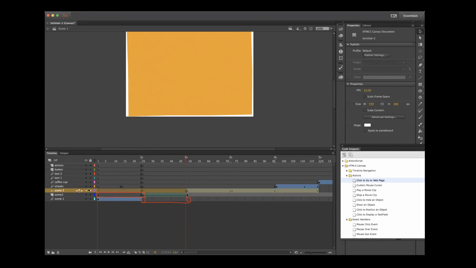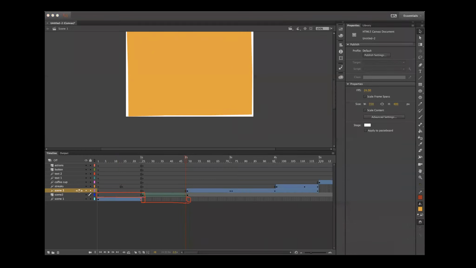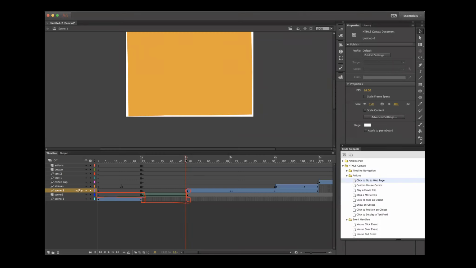Scene 3. And if you'll notice, scene 3, there we go. Scene 2 ends right here. And so then we have scene 3 start, which was a keyframe. I simply right-clicked and did insert keyframe. And so my next scene starts,